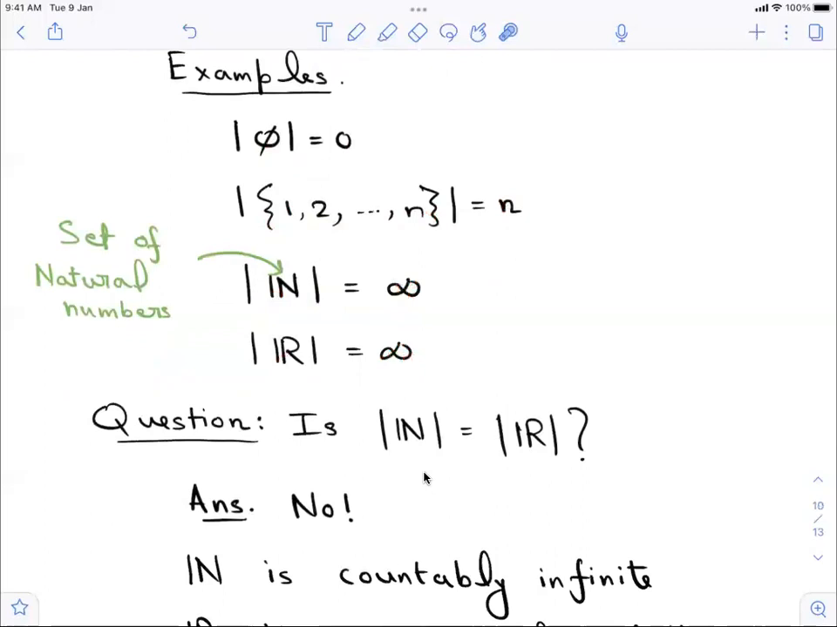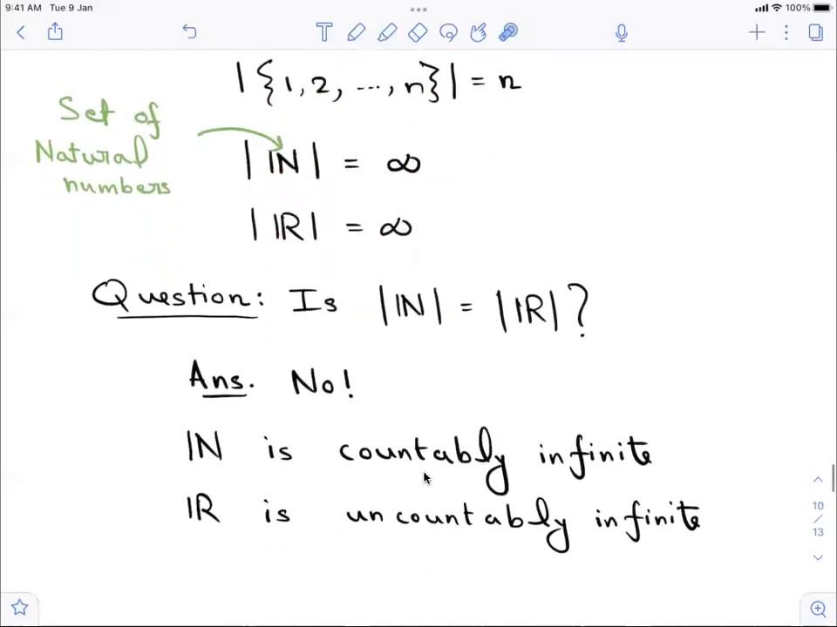In other words, we're asking whether we can say that the cardinality of N is the same as the cardinality of R. The answer turns out to be a little bit twisted, and the answer is first of all no. Why is that? That's because N turns out to be countably infinite. There's a concept which I'll momentarily introduce, but